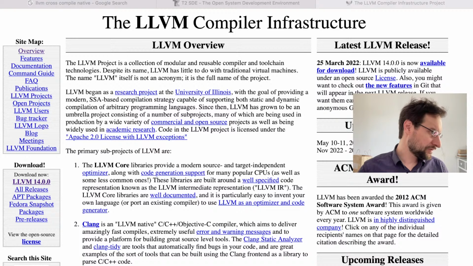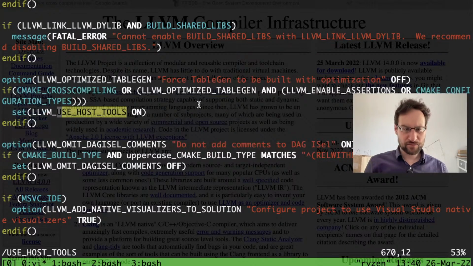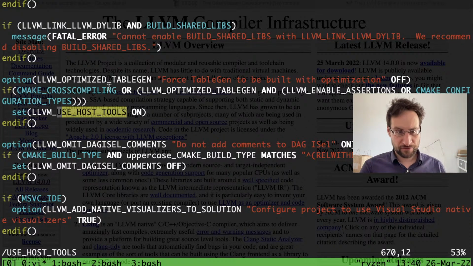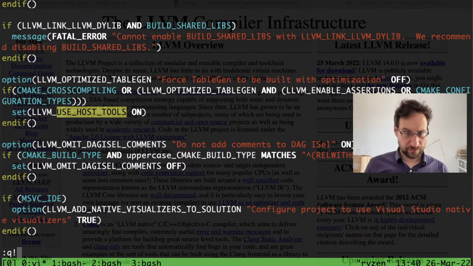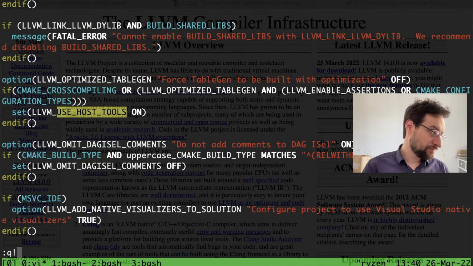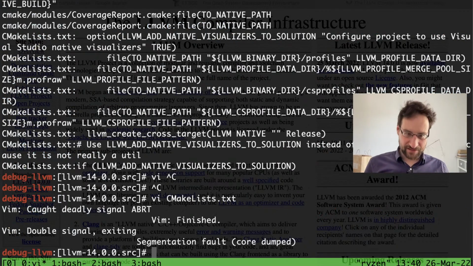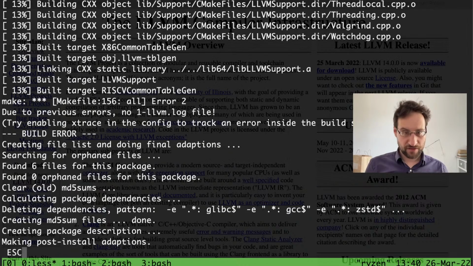What happens here, on a quick glance last night, is that they actually added more native, more of their own build system native stuff. So if cross-compiling, then LLVM uses host tools, and they built their own LLVM package again for tablegen and stuff. The problem is it does its own stuff and then it doesn't even build with that.